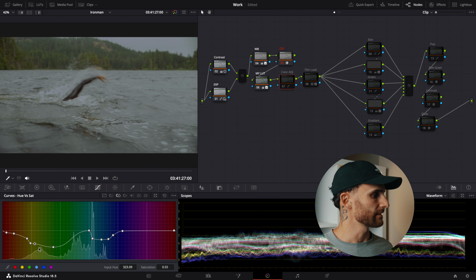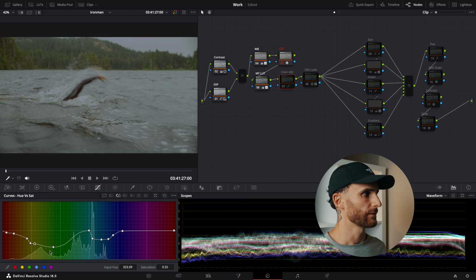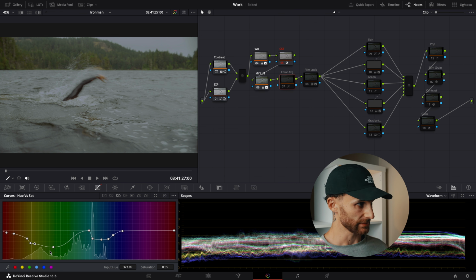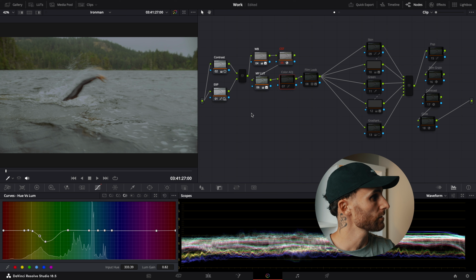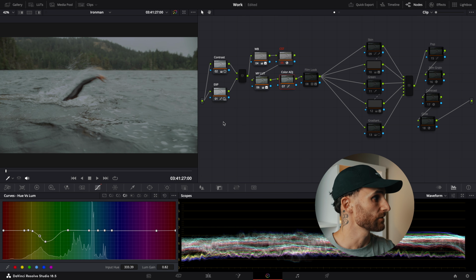I also adjusted the saturation levels, so I significantly reduced the saturation of greens. I tend to not really like very vibrant greens in my shots, and I also reduced saturation levels of some of the blues too, and then also reduced the luminance values for the greens. And so overall that created a look like that. So it made it a lot more moody and more along the lines of what I was looking to achieve